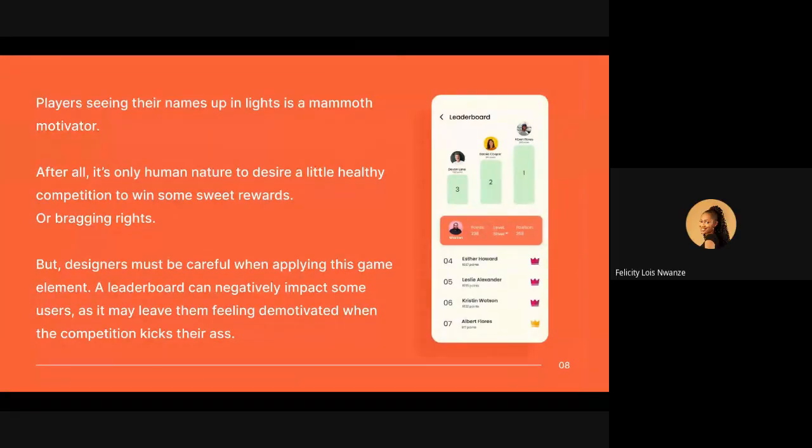Maybe something on the app that says if you play this, you would get to this, like a progress bar. I think that could be very helpful in making someone not feel demotivated, or giving them other options of things they can join. Maybe if they're not winning here, they could join this other one to win. Or giving them points.